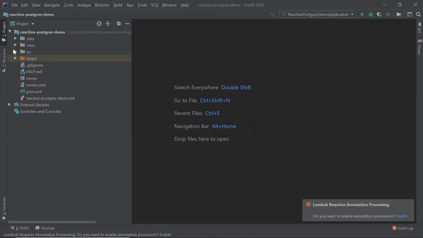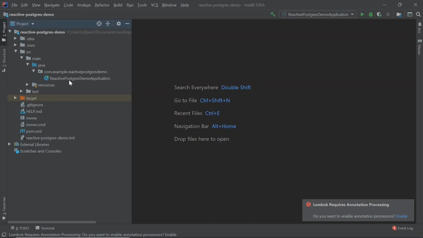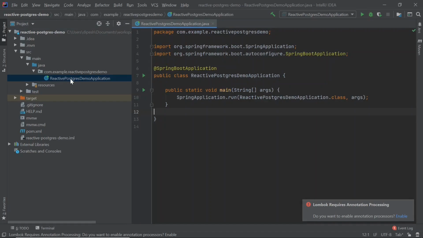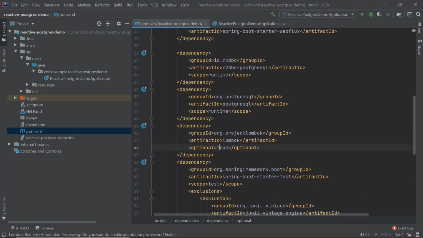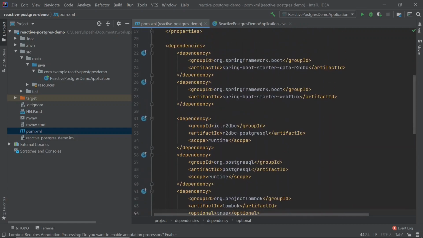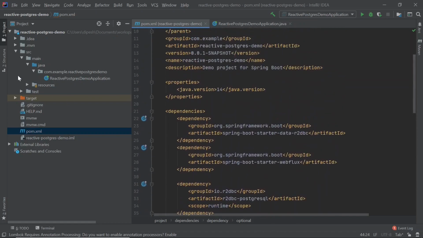Once imported, we can check the files which are auto-generated for us by the Spring Initializr project. The main file is this, which is the Spring Boot application starter class. Then we can also check the POM file, and we can make sure that all the dependencies that we mentioned on the Initializr website are added here.